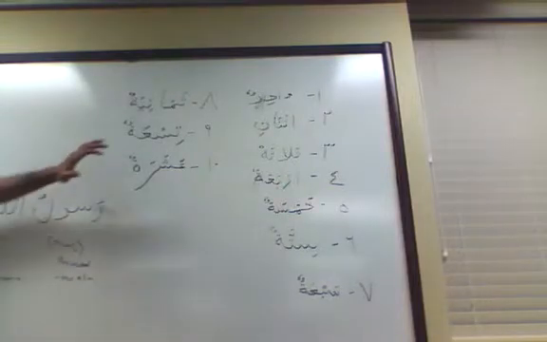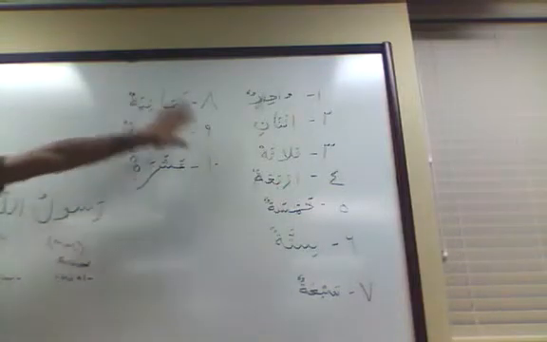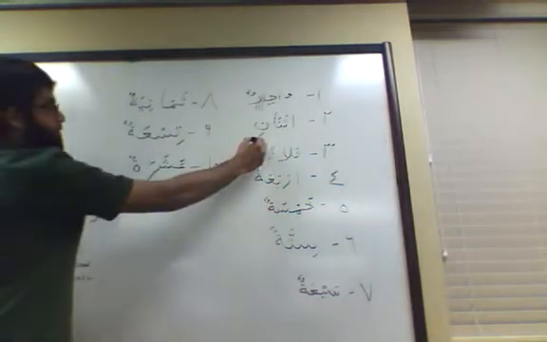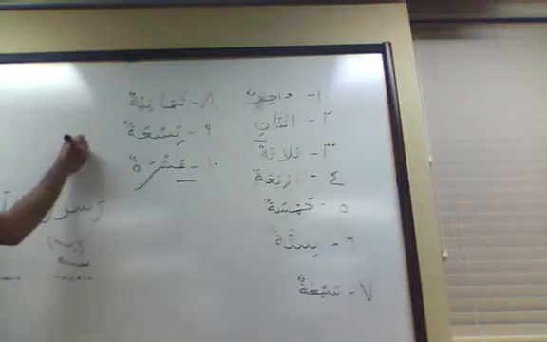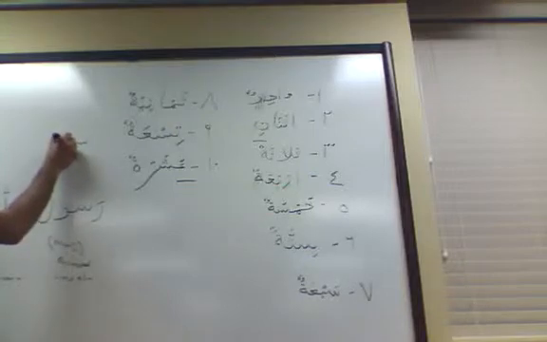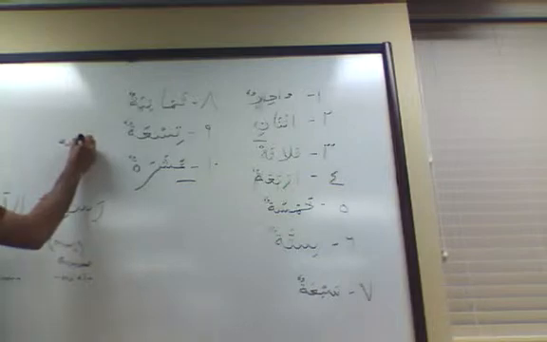All right. So basically, what they're saying is when the numbers 3 to 10 come, we're going to use these numbers, specifically 3 to 10, as mudaf. Okay. So they give the example, like sitta. If I want to say 6 handkerchiefs, so I'm going to say sit